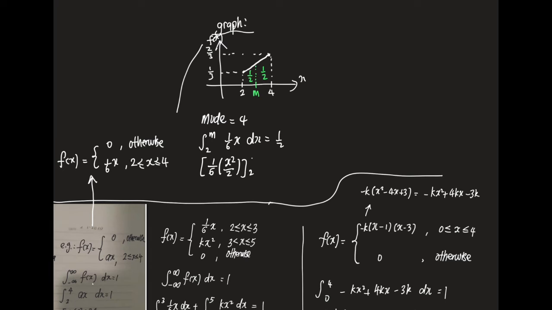Then I substitute: m squared over 12 minus 2 squared, 4 over 12, 1 over 3, equal to 1 over 2. M squared over 12 equal to 1 over 2 plus 1 over 3, 5 over 6. M squared equal to 5 over 6 times 12, 10. M equal to